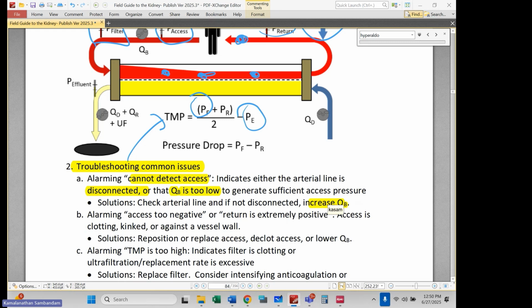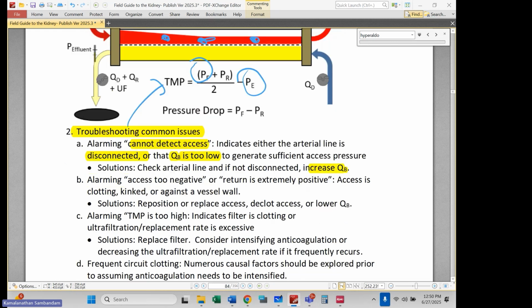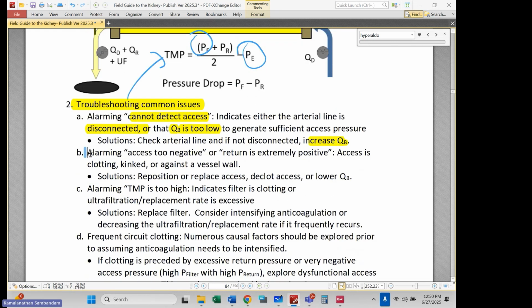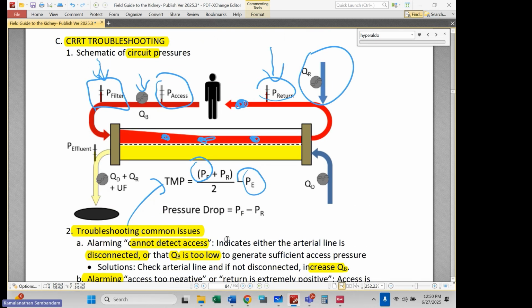Or in some cases, I even get my MacGyver tool out and I clamp the line a little bit to create some resistance so that their cannot detect access is ameliorated. Okay, that's off protocol. Not every nurse will allow you to do that. You get one of those blue scissor clamps and you partially clamp the line. You can do it anywhere on the circuit that's downstream of these transducers, right? So generally, this is going to be a problem with the return pressure being too low. In that scenario, I'm clamping it basically,